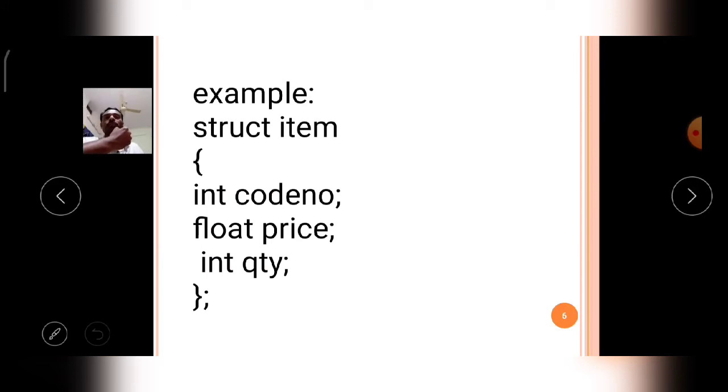Then coming to an example. For example, if you are constructing information about the items available in the supermarket, generally each item has its code.